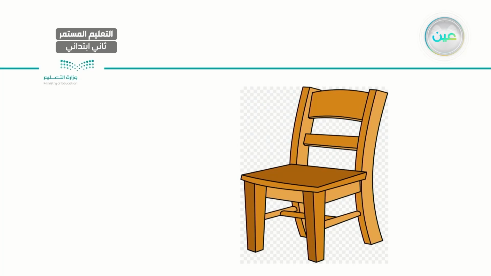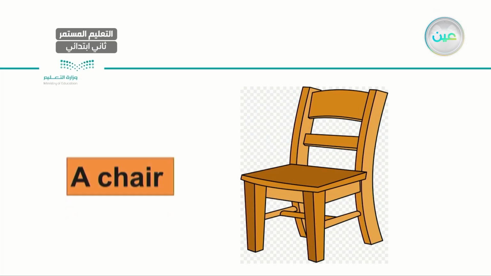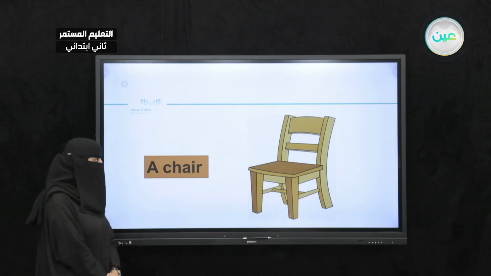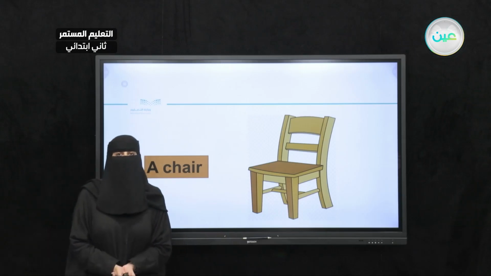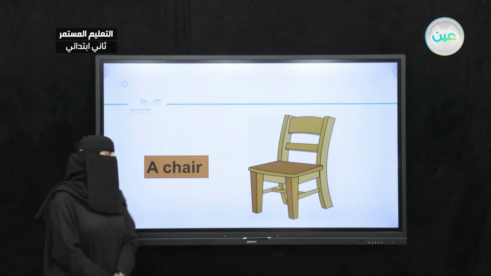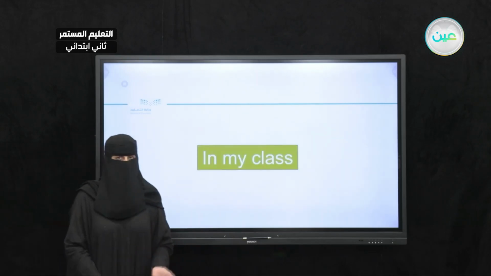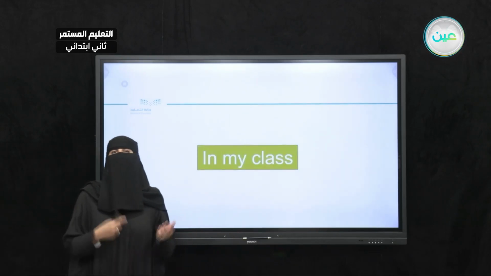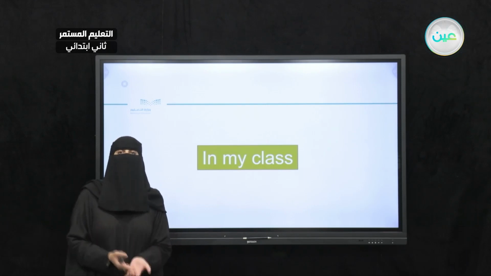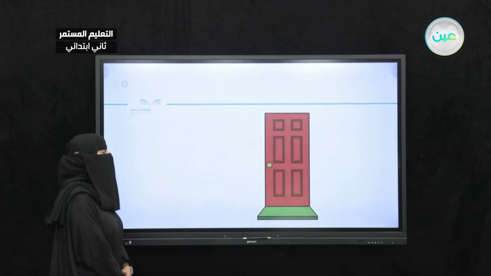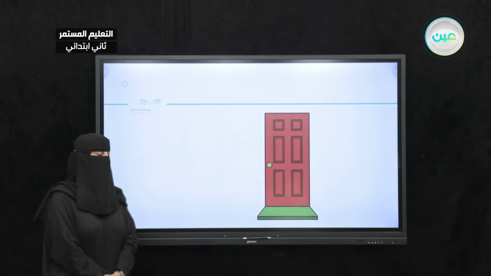What is it? It is a chair. A chair. One more time. A chair. One last time. A chair. Very good. How many chairs can you see? I can see one chair. Okay? So let's go ahead. Now you will understand why I keep asking how many in my classroom. Also, we will introduce more items. I have,